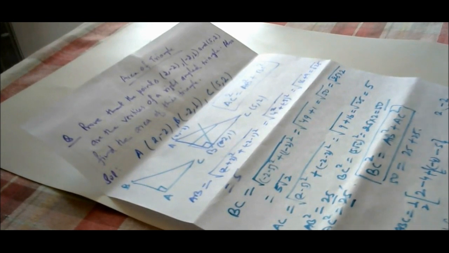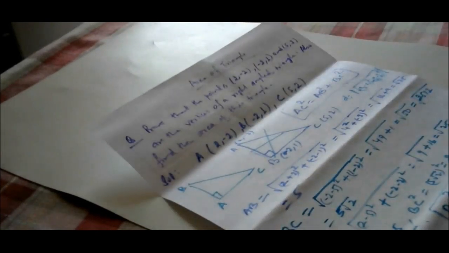Like in the distance formula, what I told, distance D is equal to the mod of x2 minus x1 whole square plus y2 minus y1 whole square. So this is mod actually, and that mod is always a positive value.